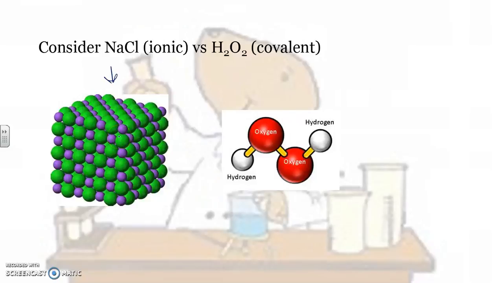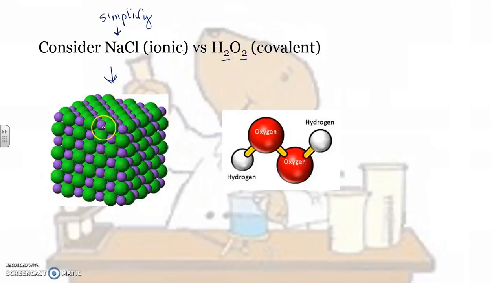Now, just looking at the two, this is a formula unit or a set of formula units of a sodium chloride compound, which is ionic. And remember when we were writing these, I told you that we always simplify our ionic compounds. Well, the reason for that is because it's like a network of sodium and chlorine atoms that are bonded together or pulled together. Whereas in a covalent compound, we don't simplify them because it is simply two hydrogens and two